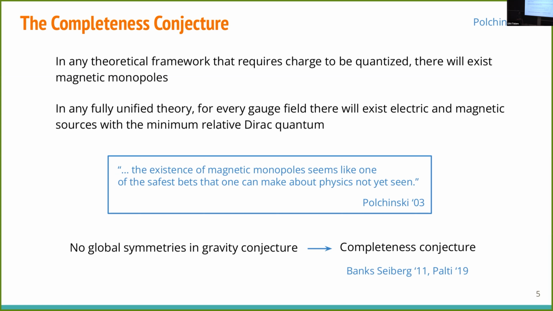And the reason is that if I'm missing one of my monopoles or one of my charges, my theory is going to have a global symmetry. That's a global one-form symmetry, which is unbroken, and I don't have charged matter. And because we believe that there are no global symmetries in gravity, we think that all global symmetries have to be broken. So there has to be some particle carrying this given electric and magnetic charge for every charge that's allowed by Dirac quantization. So this is what makes it a safe bet in theories of quantum gravity. Of course, that doesn't mean that it's going to be detectable at low energy, but it still means that we're studying something that might as well exist in nature.